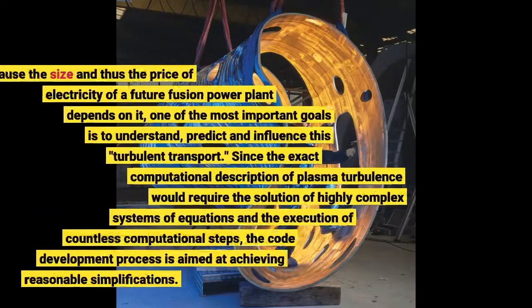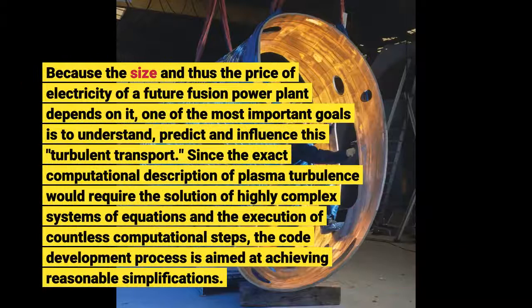Because the size and thus the price of electricity of a future fusion power plant depends on it, one of the most important goals is to understand, predict and influence this turbulent transport. Since the exact computational description of plasma turbulence would require the solution of highly complex equations,